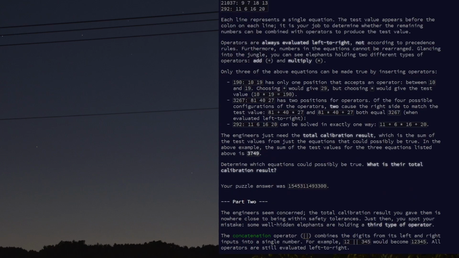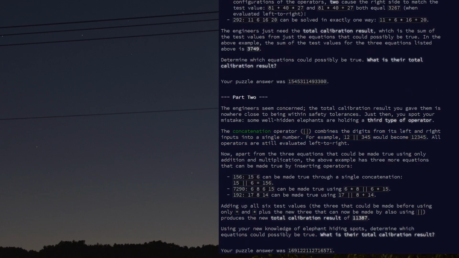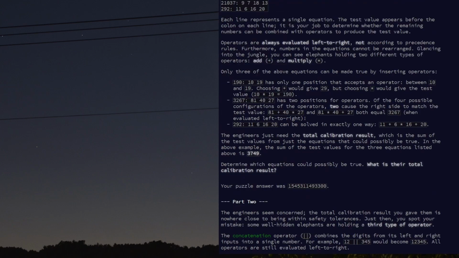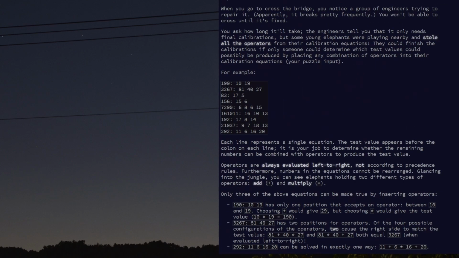And then for the second part, we add one more operation to this, and that's concatenation, right? And seeing concatenation is an operator like plus or multiply, it could take place any part during the sequence. So you could have like 81 times 40, and then the result of 81 times 40 concatenated with 27, right? So you've got to watch out for that. It could be anywhere that you get concatenations in there, and that comes as a problem in this